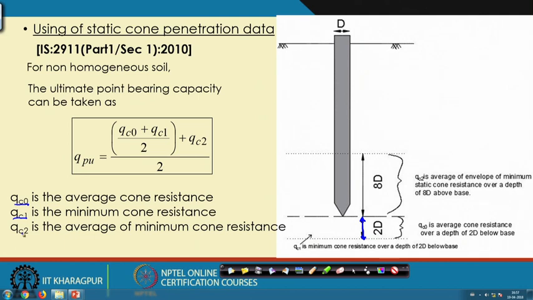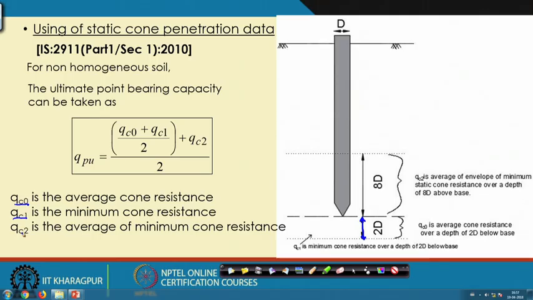So, these are the three meanings. I will solve one problem, then I will discuss what the actual meaning of these three things is. So, first,